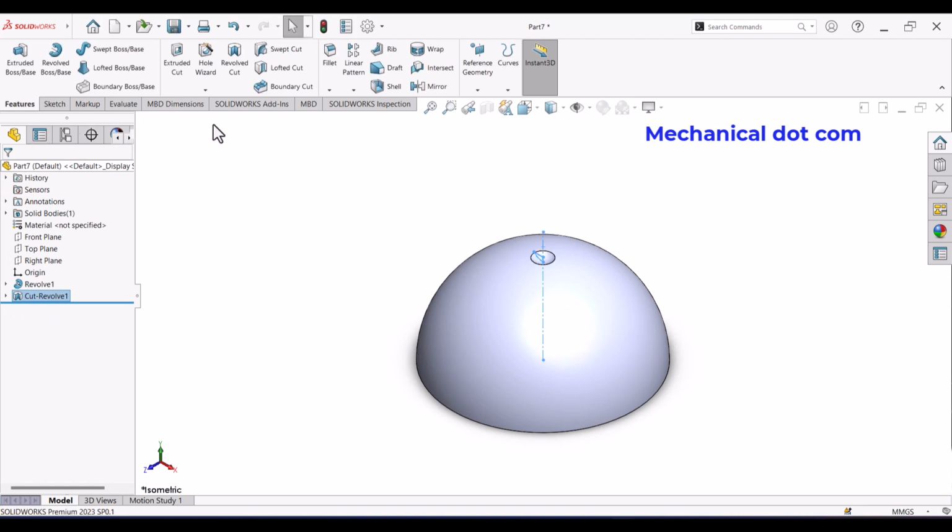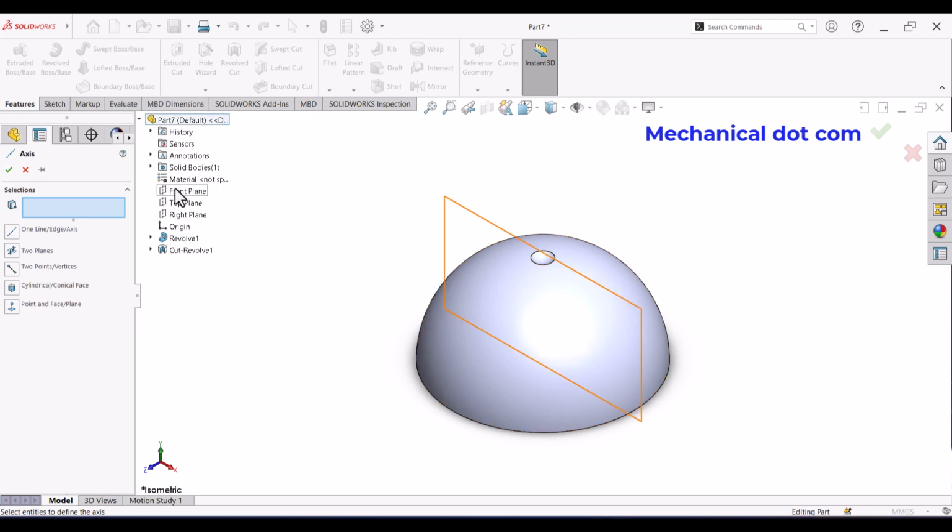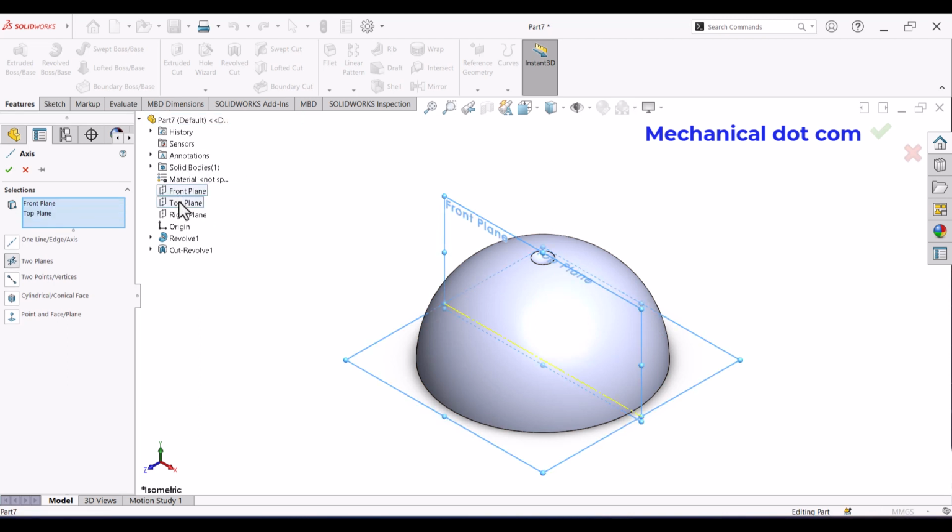Now go to Reference Geometry and go to Axis. And now go to front plane and the top plane and press OK.